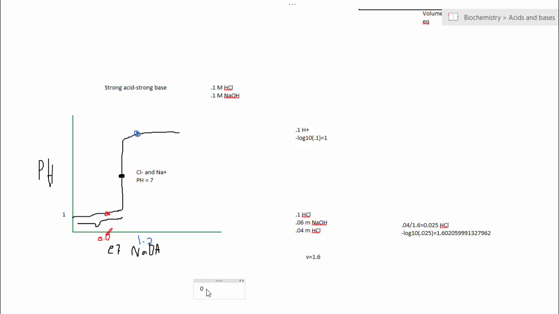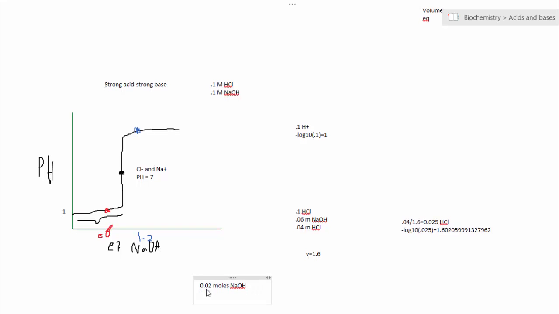So it is a solution in which all the HCl had reacted with one equivalent of NaOH, which is 0.1 mole. So we will end up with 0.02 moles, which is the excess of NaOH in the reaction. And the total volume will equal 1 plus 1.2, which is 2.2. And from here we can calculate the pH, which will be close to 13,